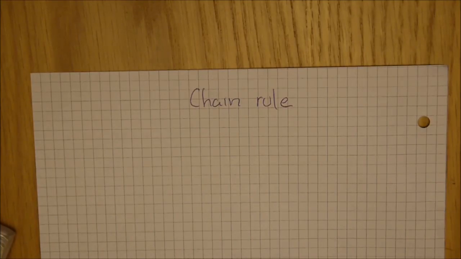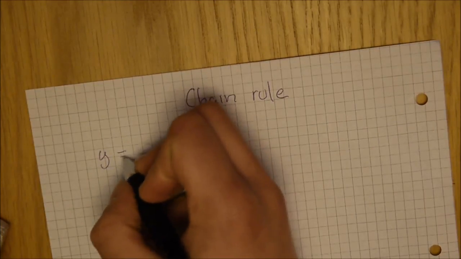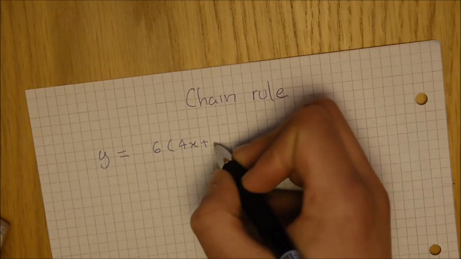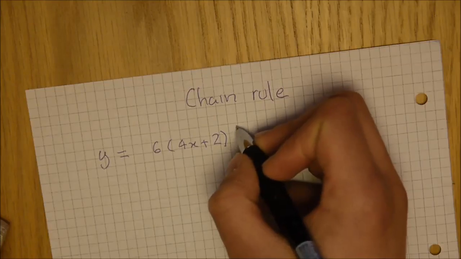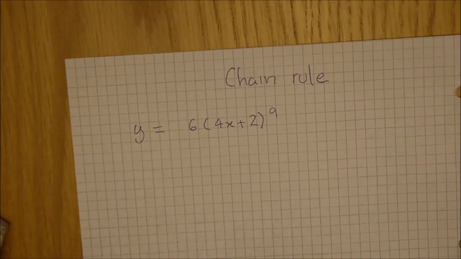Hello and welcome to this video on how to use the chain rule. Now, chain rule is quite an interesting and useful feature because it allows you to differentiate things that you may not be able to differentiate normally. We're going to take an example of y equals 6(4x + 2) to the power of 9. Now, in conventional differentiation, you're right, this is a nightmare to try and differentiate, but because we know chain rule,